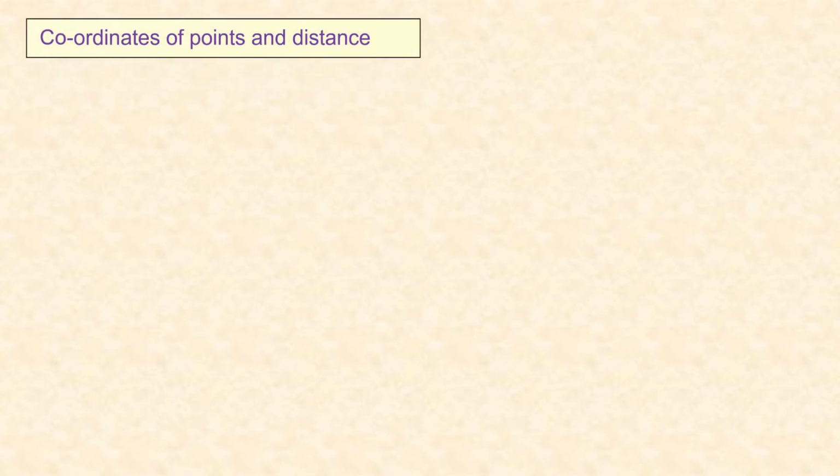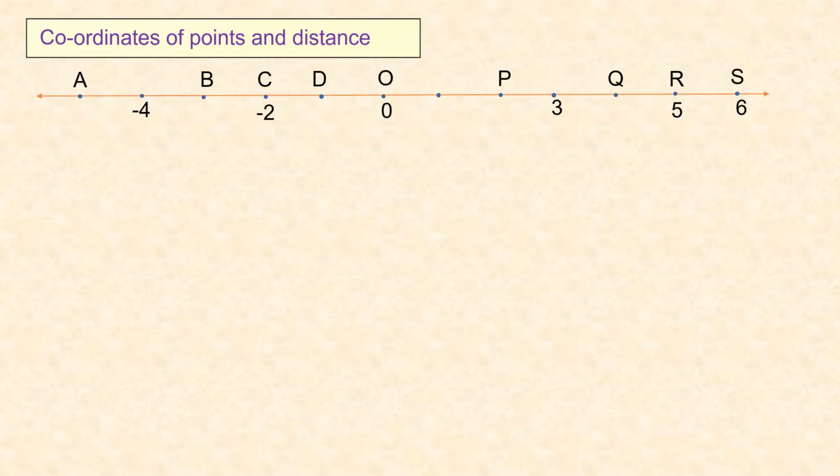Hello students, today we study how to find out the distance between two given points with the help of number line, that is coordinates of points and distance. For this, first we draw a number line. Here all coordinates are not given, so first we complete